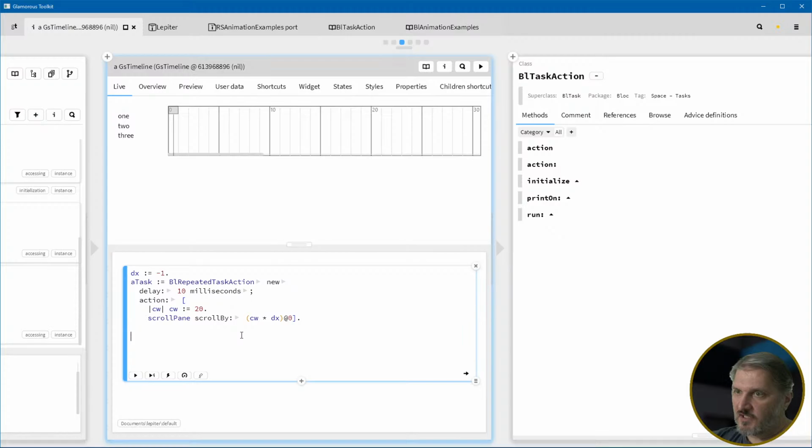And so now we'll say scroll pane in queue task, a task. And we'll run this. And there it's scrolling. Okay, and then if we change,